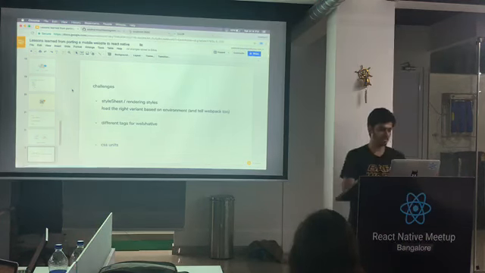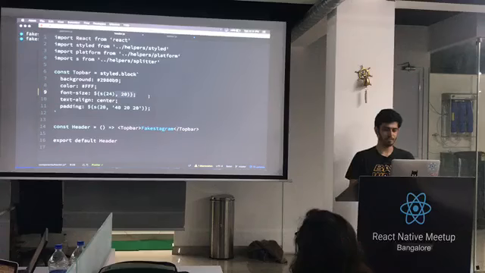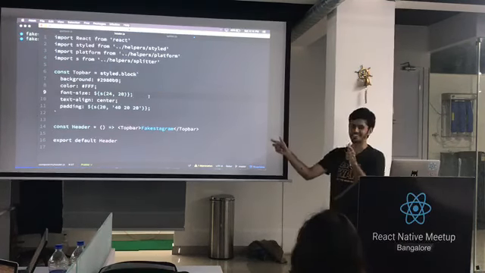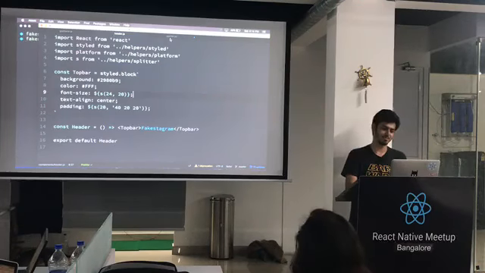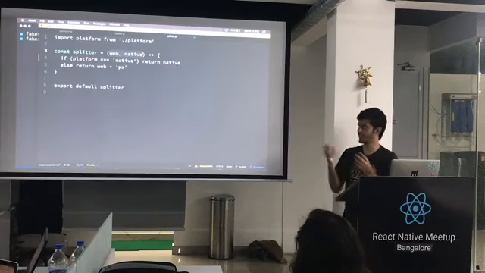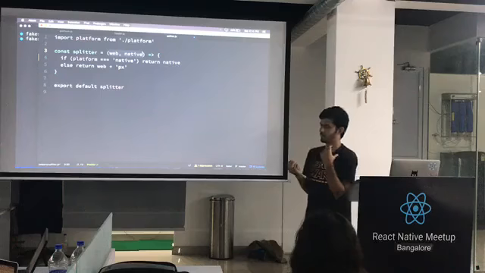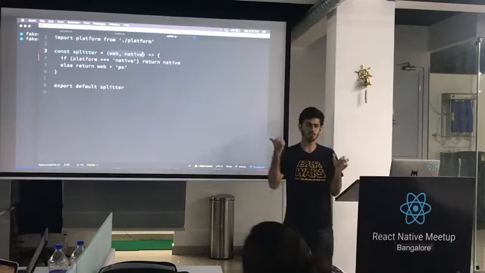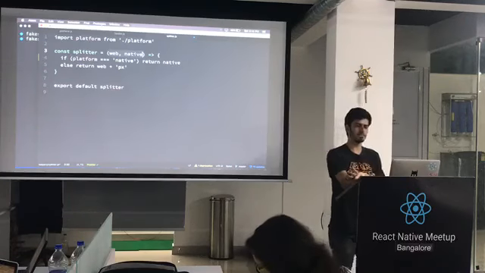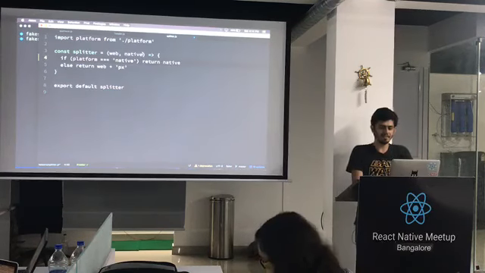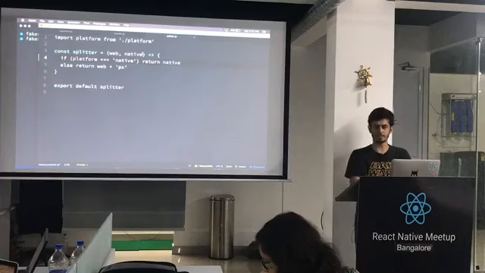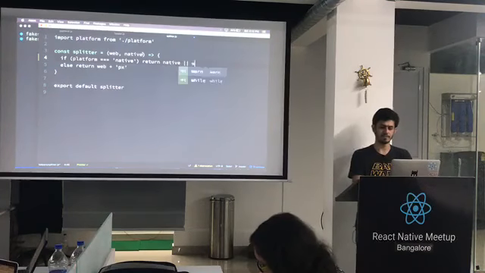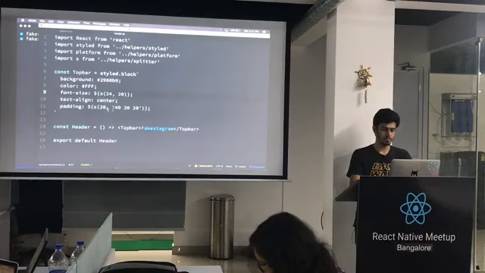So for example, if you see this header, I've actually passed 2 values and I'm saying font size is 24 and 20. Right? And over here in my splitter, I accept 2 values and I say, you can pass 2, one will be used for web and one will be used for native. The same code is reused, it just passes back 1, right? And then you can also have some smartness that if there is only 1 value, then return that. If you want same for both, then you can just repeat the same value. Right? So this is an example.